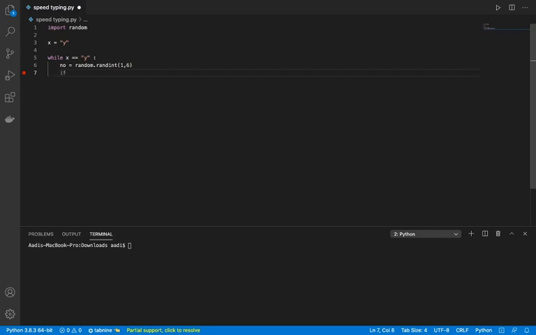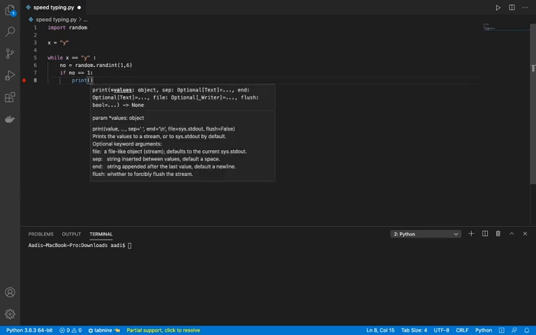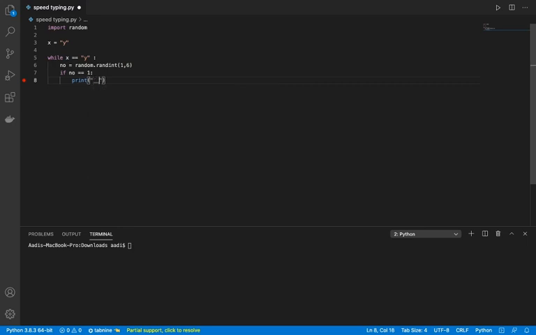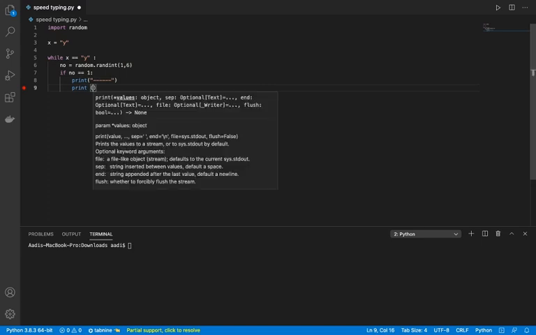So simply, if number, the random number, is equal to 1, then we have to print. I'm just going to print this, and then in the next line I'm going to print again.